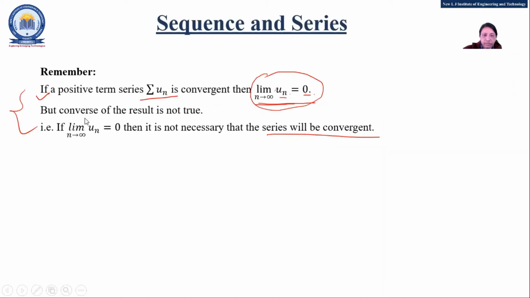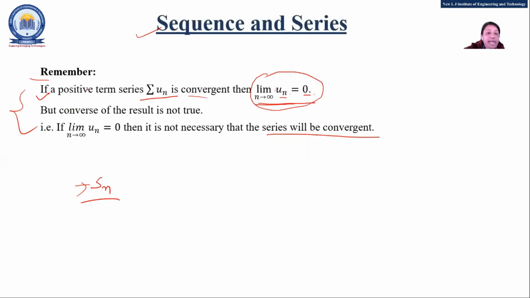Okay, so that is about series. The definition of series: what is an infinite series? A finite series is the sum of some finite terms of a sequence, denoted by Sn, the first n terms. So that you need to remember, and some properties of that also. And if it is convergent, the limit of the terms is supposed to be 0, but the reverse is not true.